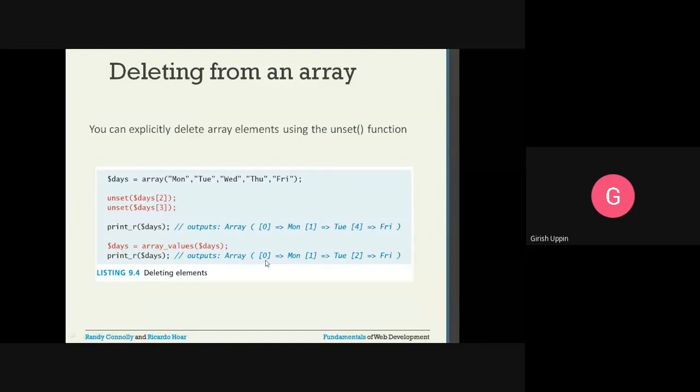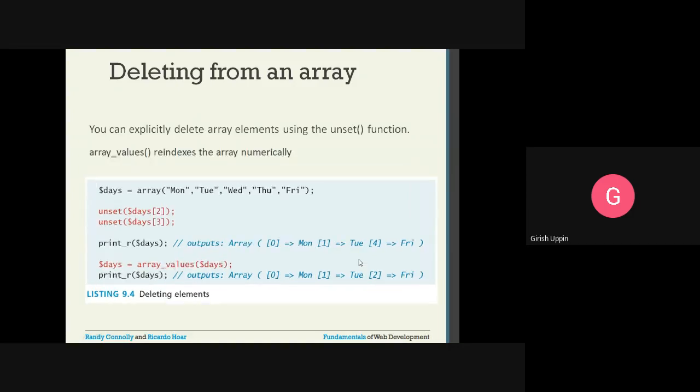That is how it is stored. Now 0, 1, and 2. You can explicitly delete array elements using the unset function, and array_values indexes the array numerically. If it is a numerical one, it will rearrange after the deleted ones. This example we already saw.